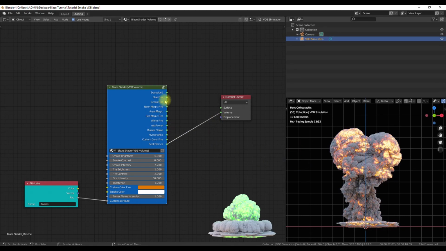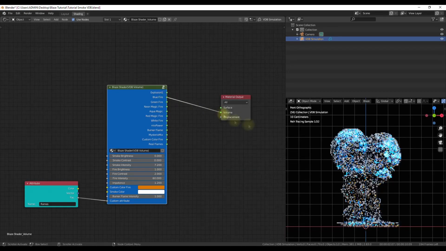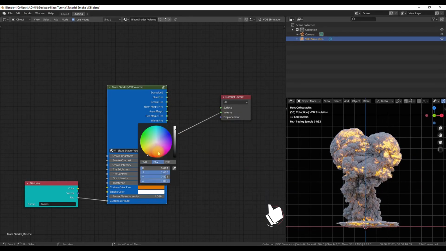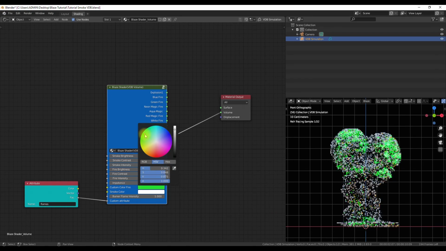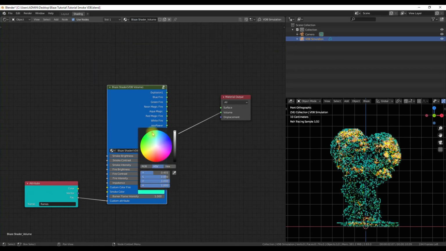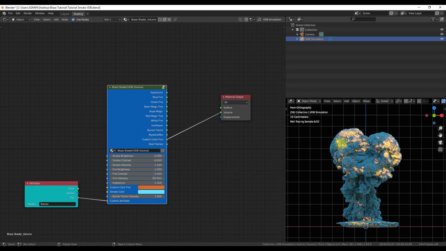In the same way as smoke brightness and contrast, fire brightness and contrast modify the flame attribute, and in this case it is the flames attribute that is responsible for flames in the simulation. And talking about the custom color input, it is very easy, nothing to explain here. Just change the color and you will get the results. You can also change the color of the smoke very easily from the smoke color input.